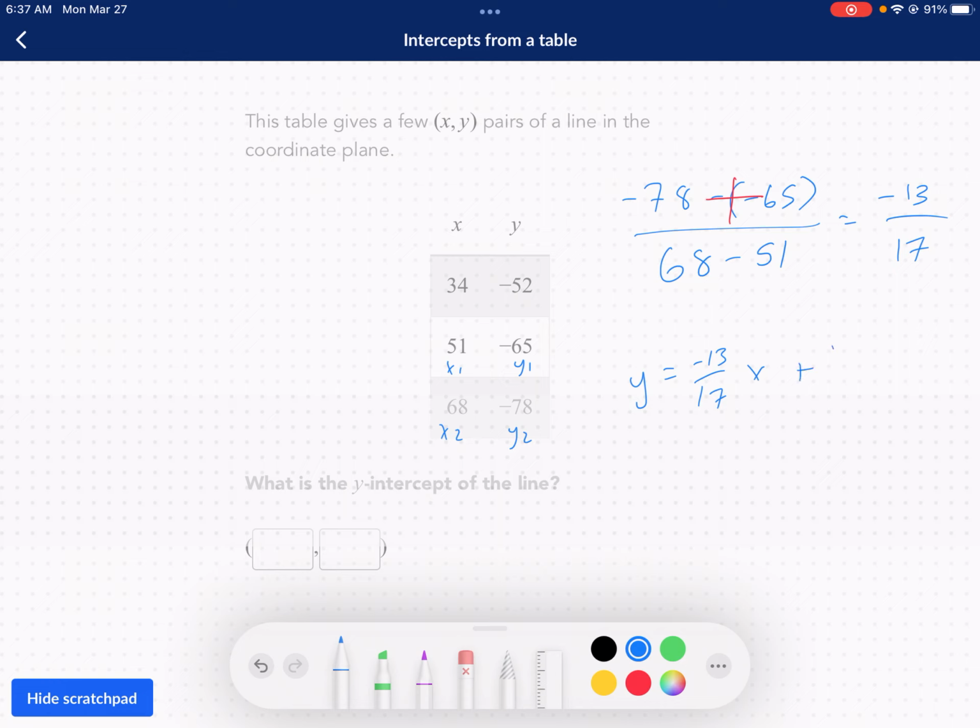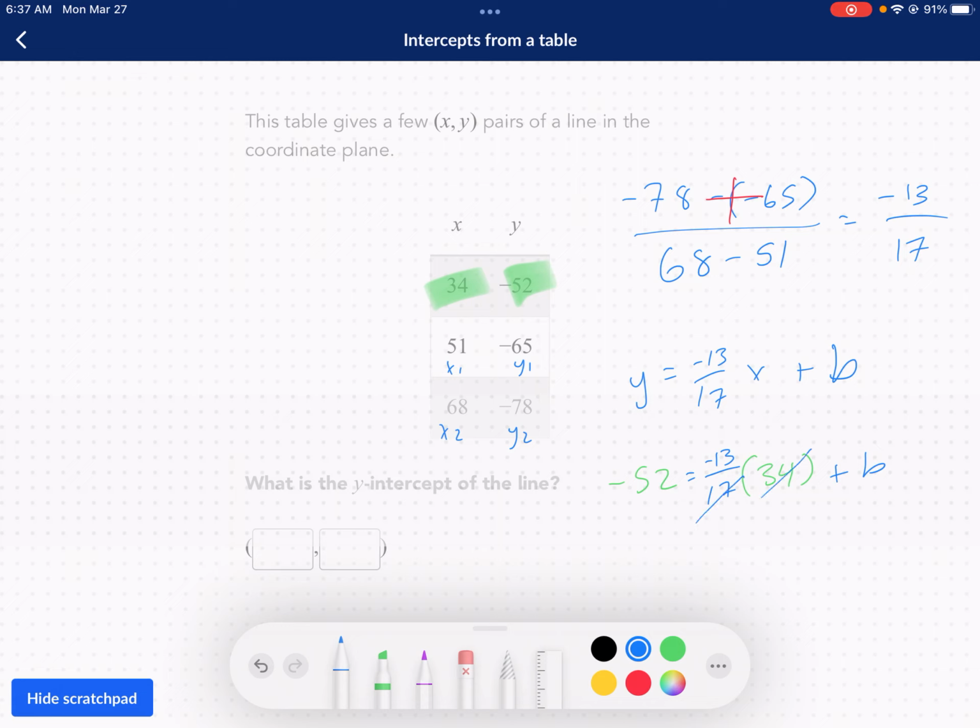So we're trying to solve for that b. So I'm going to plug in points. I've been choosing these bottom ones. I'm just going to plug in these ones this time. I'm going to show you that you can plug in either one. So I'm going to plug in this negative 52. I'm going to plug in this positive 34. And we have negative 13 over 17. You can change this to decimal form too, but you can see this one's a little bit more friendly because